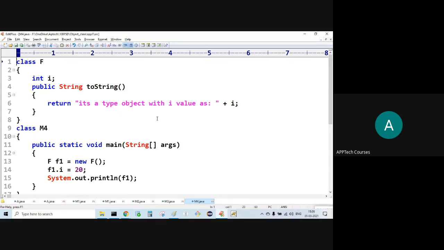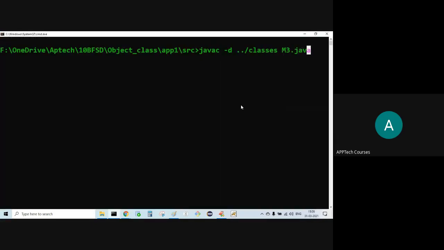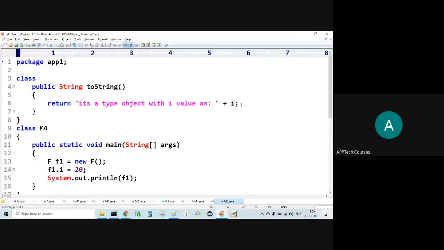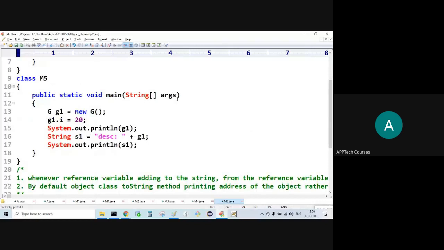It's a type of object with i value as 20. Now what happens?